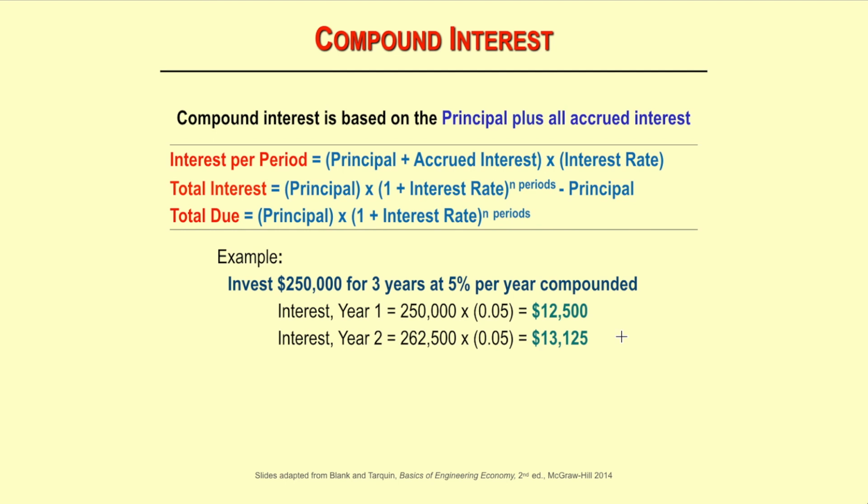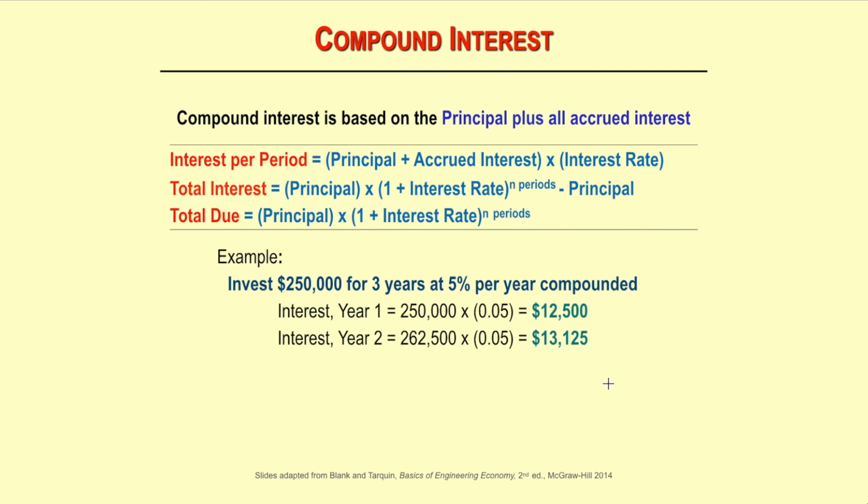$13,125. And the reason is because the interest rate, 5% per year, is now charged on the principal amount of $250,000 plus the interest in year 1, which is $12,500, and that gives you the amount here, which is $262,500. So interest in year 2 then is compounded from year 1 up until year 2, and that gives you this amount here,